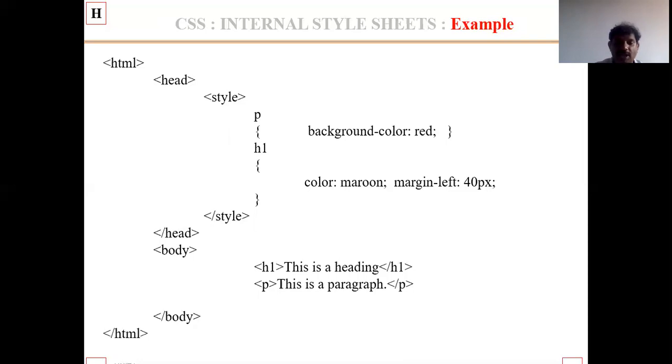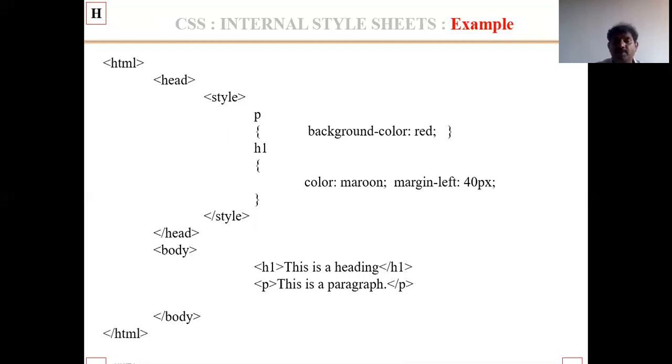Close the style and close the head section. Body, H1, this is the heading, closing the H1 header, and paragraph, this is the paragraph, closing the paragraph, closing the body and closing the HTML.